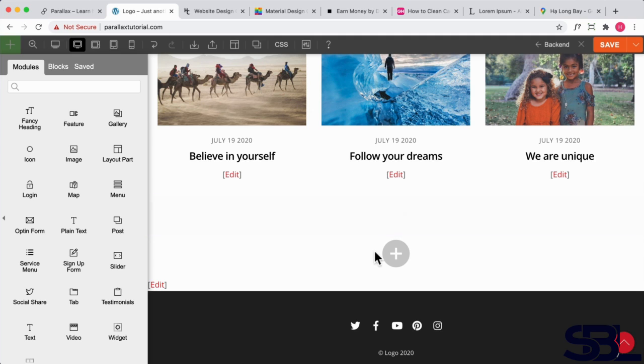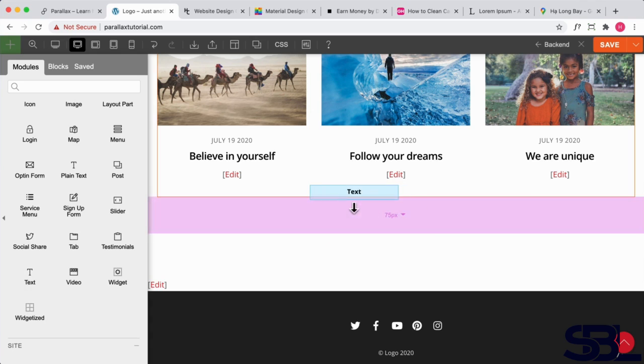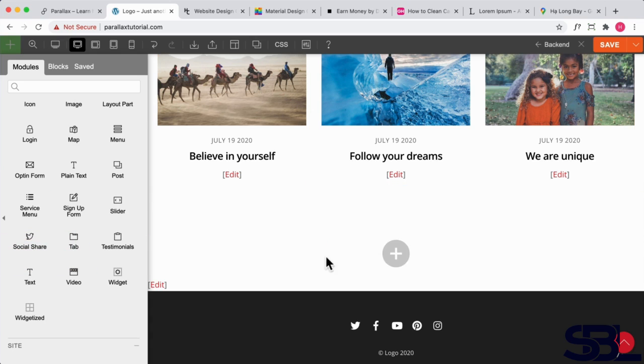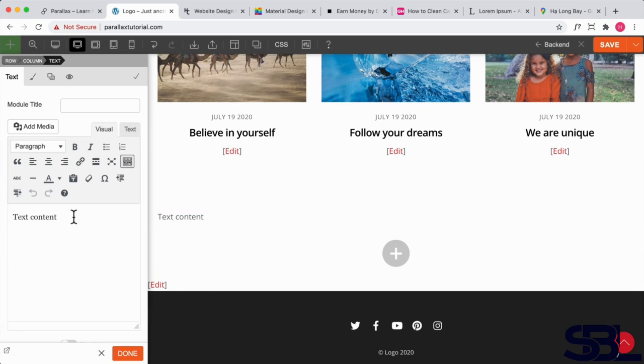And we just need to paste it into a text module. So click on text and we're going to, sorry about that, we do need to add in a new row. Drop the text module into here. And we're going to, instead of pasting it into the visual tab,